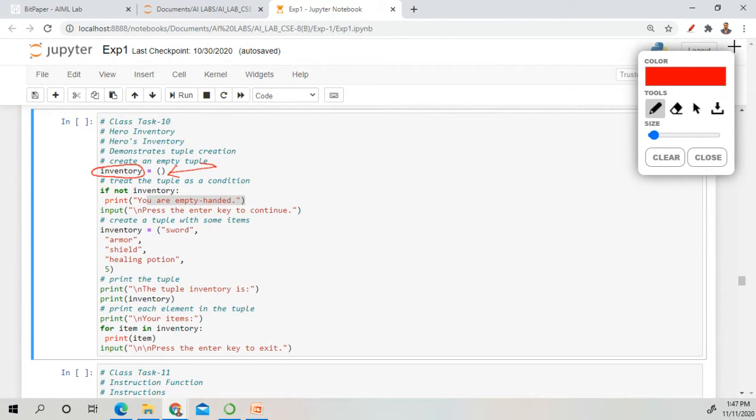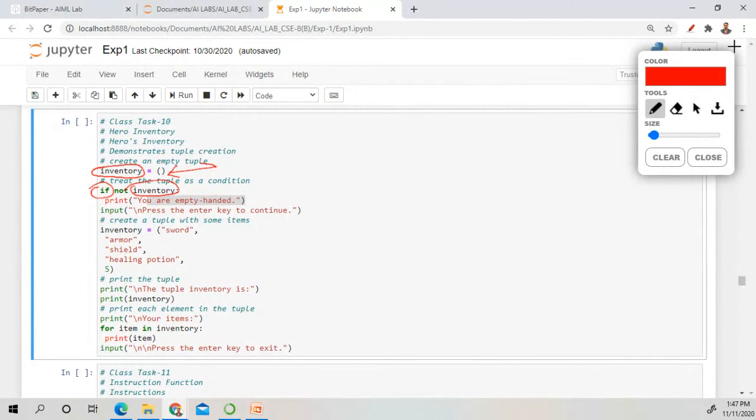Now treat the tuple as a condition. When you want to check any tuple, you can check it. Here we are using an if statement: if not inventory, then print you are empty handed. What does this mean? Not inventory is the condition, and it will check the inventory variable.